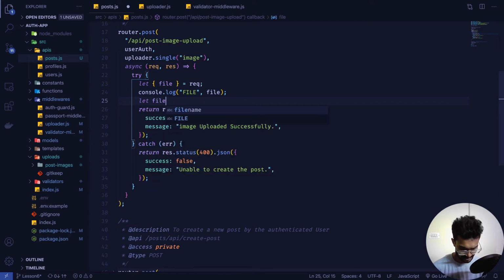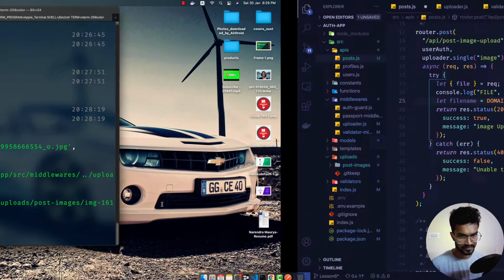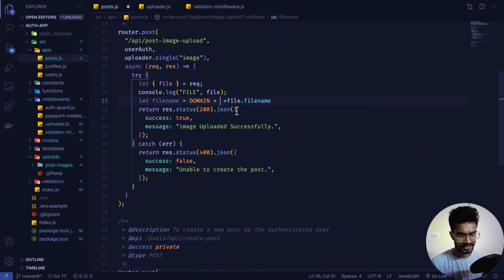let file name equal to file dot file name dot split, and actually not a split, we just have to append our domain. So domain plus, and domain already contains that slash over there, so we don't have to worry about that much. Here we just have to append another string, and in that string it will be this post images. So post images. So now we saved it,